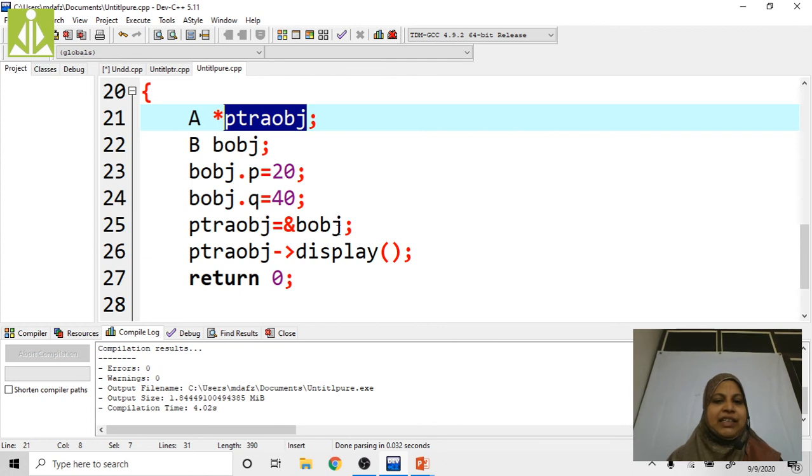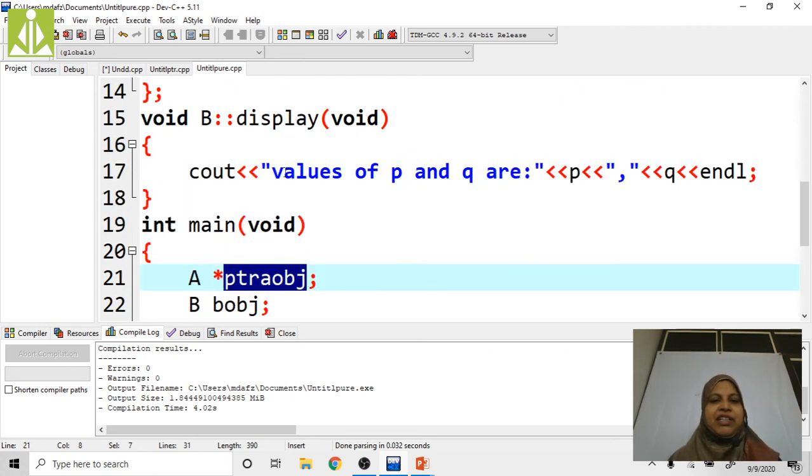Here I am assigning the object reference of the derived class to the pointer variable of the base class. Then by using the base class pointer, I am calling the function present in the derived class. In the derived class, the display method prints values of p and q.